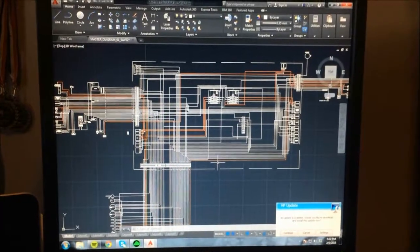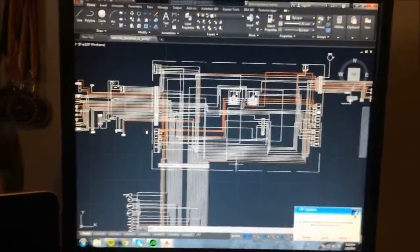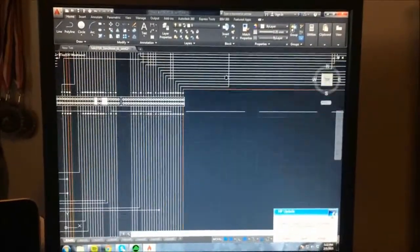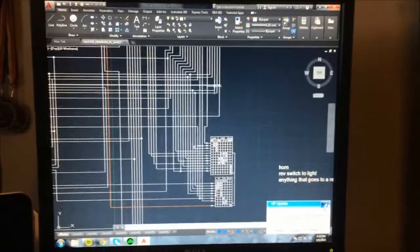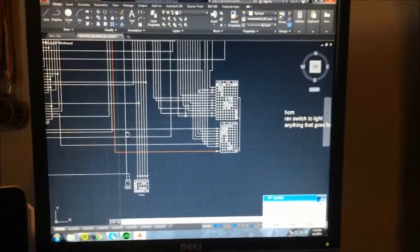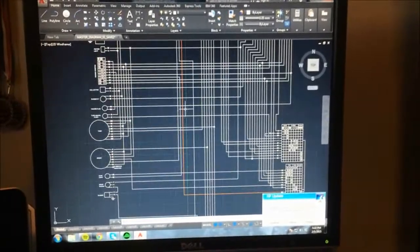Alright, quick update. So today I am going to try to confirm that all the wires in this wiring diagram are correct. And that includes doing some AutoCAD work. Look at all that stuff I have to do. Everything needs confirmed. Everything. So for example, I have the turning signals I drew up down here, some relays up